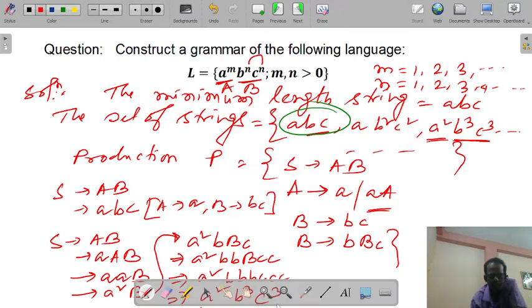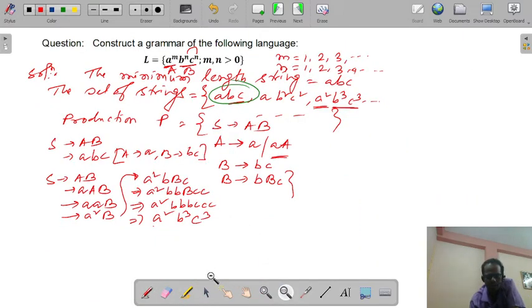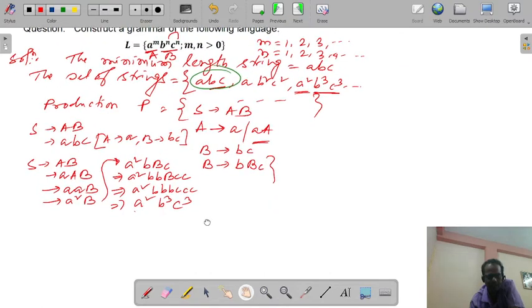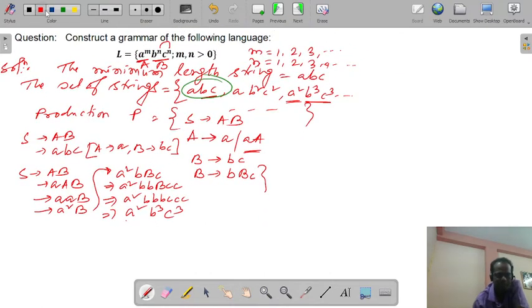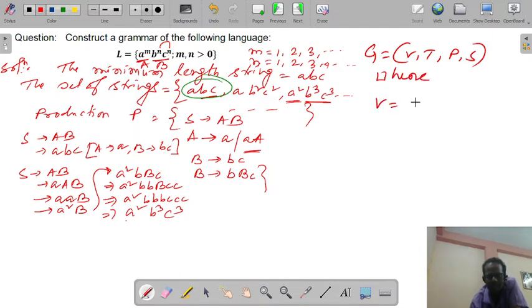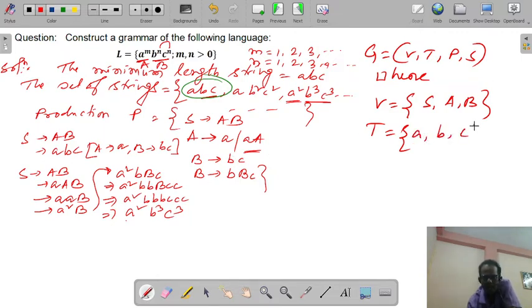So now, what will be the grammar corresponding to this language? The grammar G is equal to V, T, P, S, where V is the set of variables. Here the variables used are S, A, B. And next, the set of terminals. Here these are small a, small b and small c.